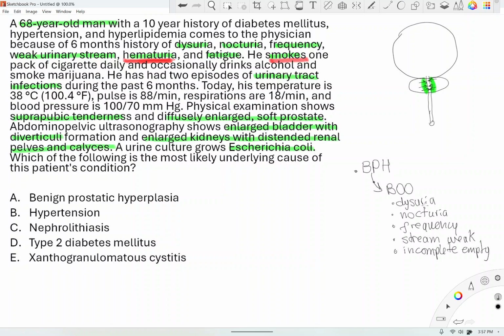So bacteria can actually accumulate in the urinary system, especially those bacteria that have pili or fimbriae that can attach to the urinary epithelium, such as E. coli, and can cause infection. So they're telling you this person had E. coli infection, and there was suprapubic tenderness, tenderness that makes it cystitis. Okay,